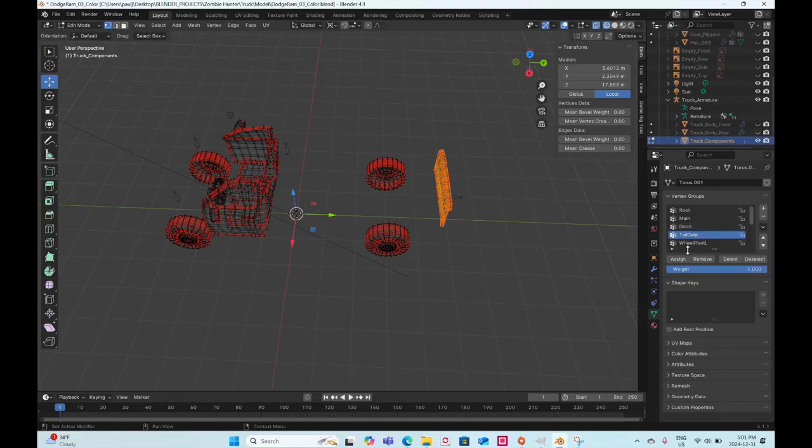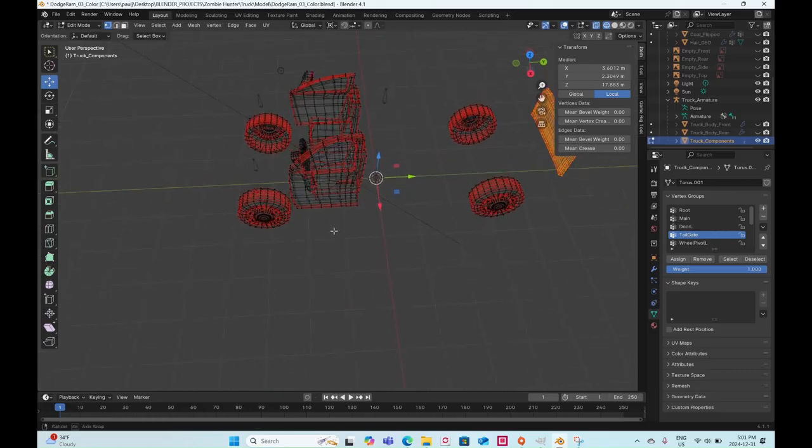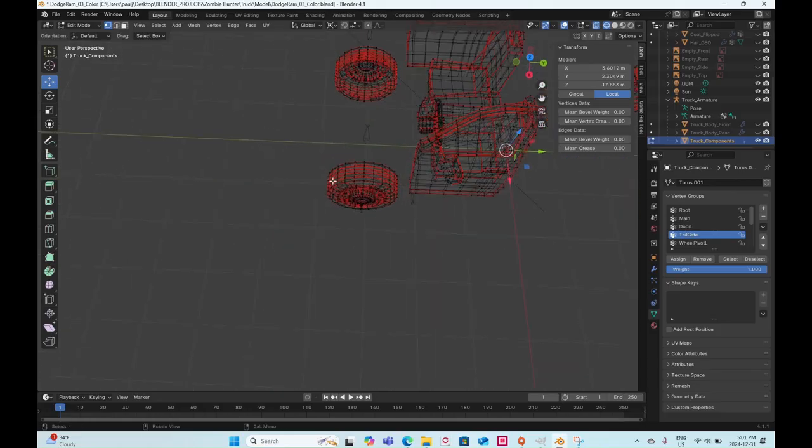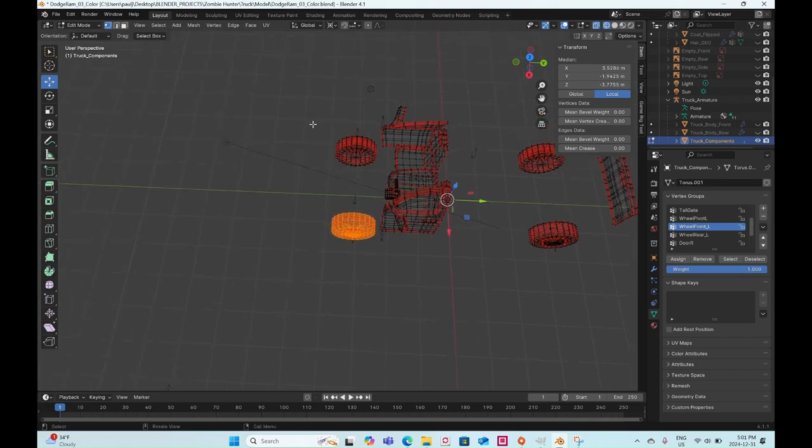Select the tailgate bone on the list, press assign. I'll select the front left wheel, front left, assign, wheel front left, wheel front right, assign,